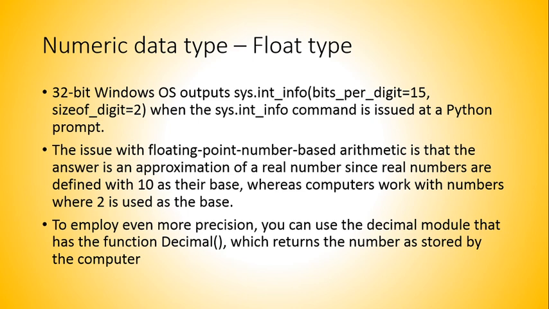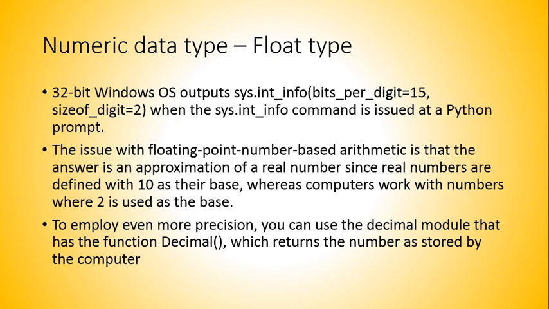So to employ even more precise amounts, for example, if you write a number 0.123, it will be shown as 0.123 in decimal format, but actually in the number system it has been converted to a base 2 value. This is a limited use of approximated values instead of the real number.